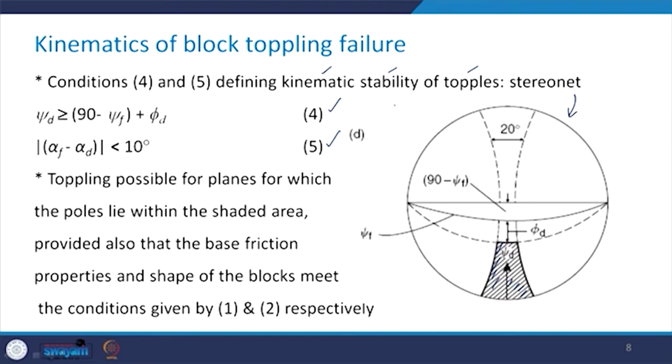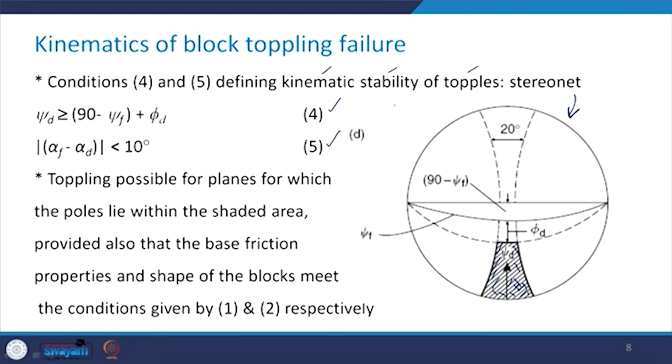So, we have different planes along which the toppling may or may not occur. So, we have to test whether the toppling will occur or not. If we draw the pole of those planes on this stereonet, and if that pole falls within this shaded area, then the toppling would be possible for such planes, plus the additional conditions which we already have defined